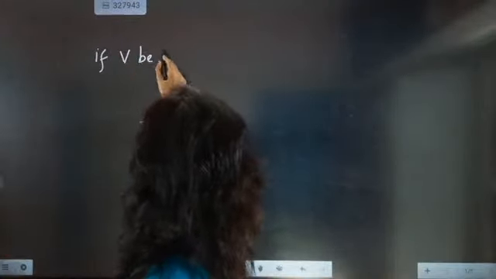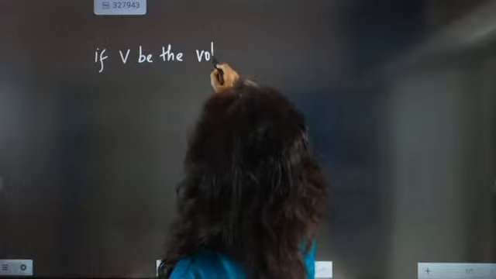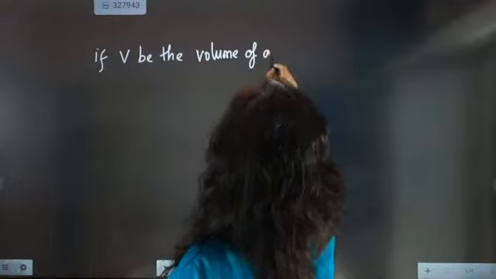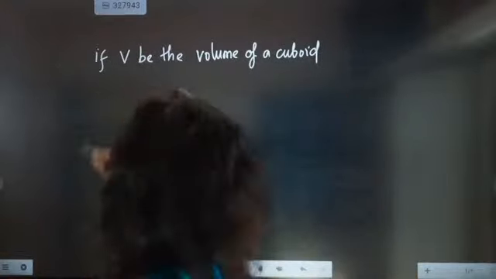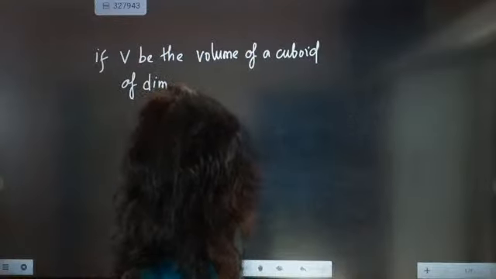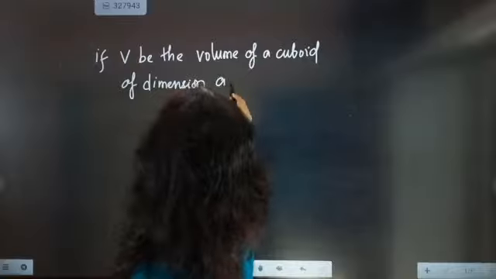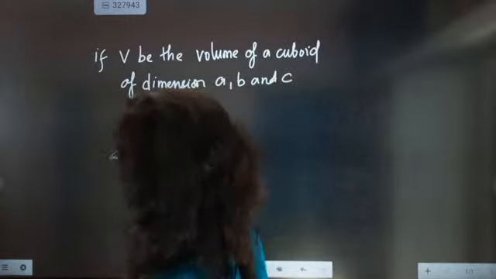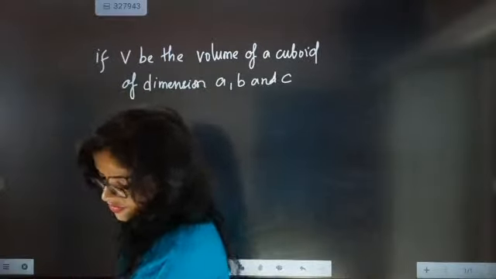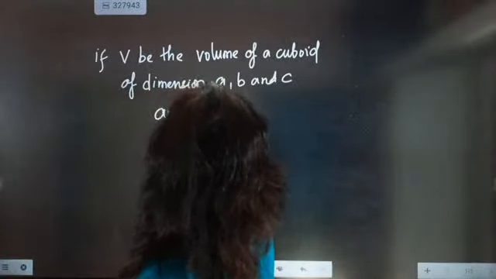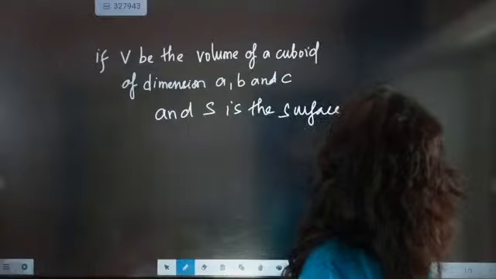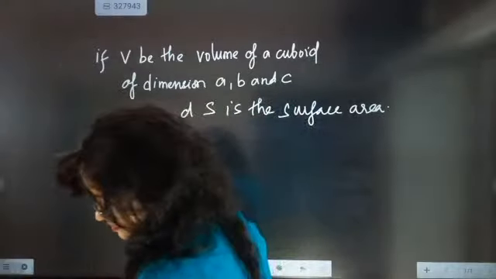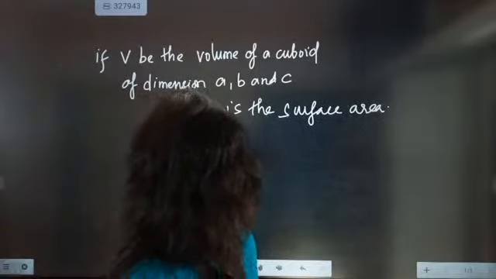If V be the volume of a cuboid of dimensions, and S is the surface area, then you have to prove that